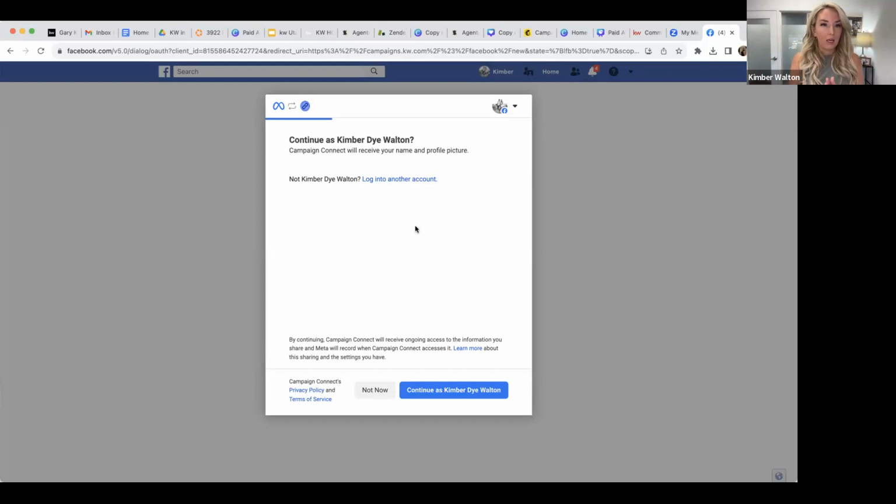Really what that's telling you is you're just selecting, do I want to have the option of all business accounts that Kimber Walton creates, or do I just want this one? I always just select all. And the reason why is I have seen agents change their Facebook accounts, their pages, the names of them. If we've been in the business long enough, we've all gone through a rebrand. We started out as Kimber Walton Real Estate, and now we're like